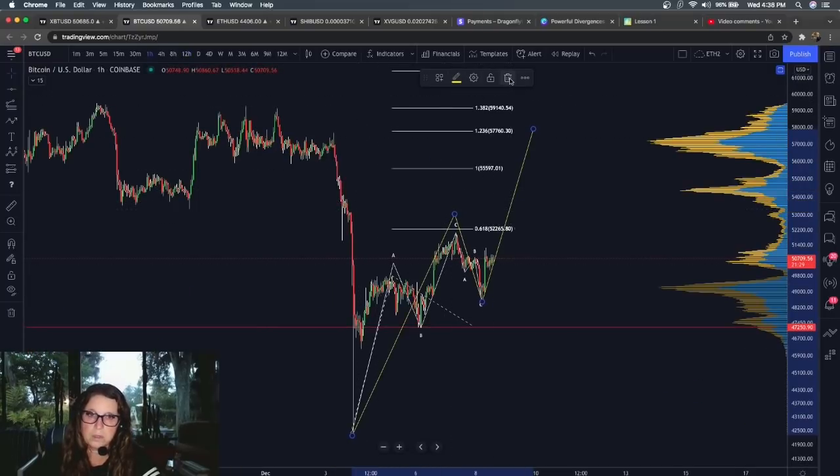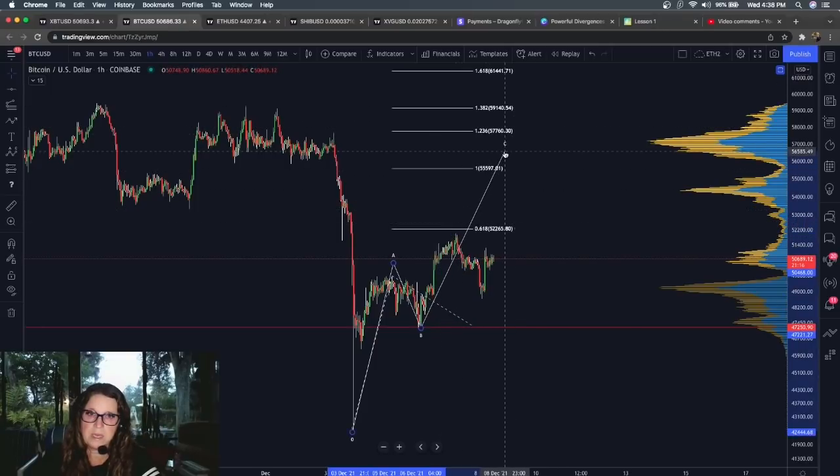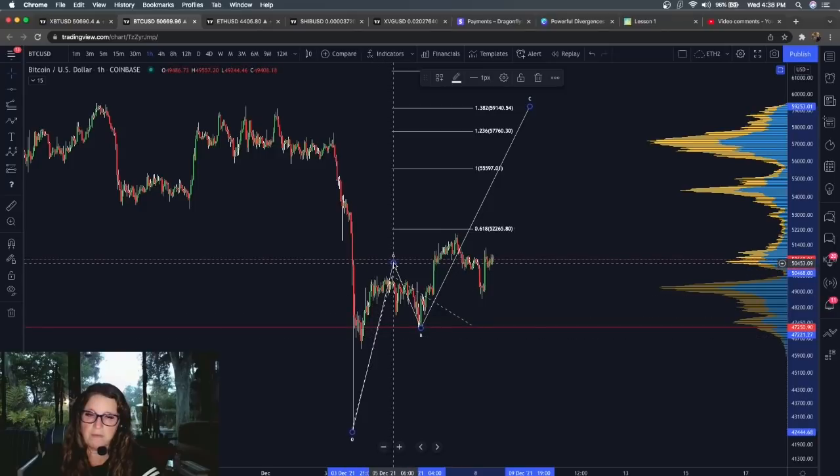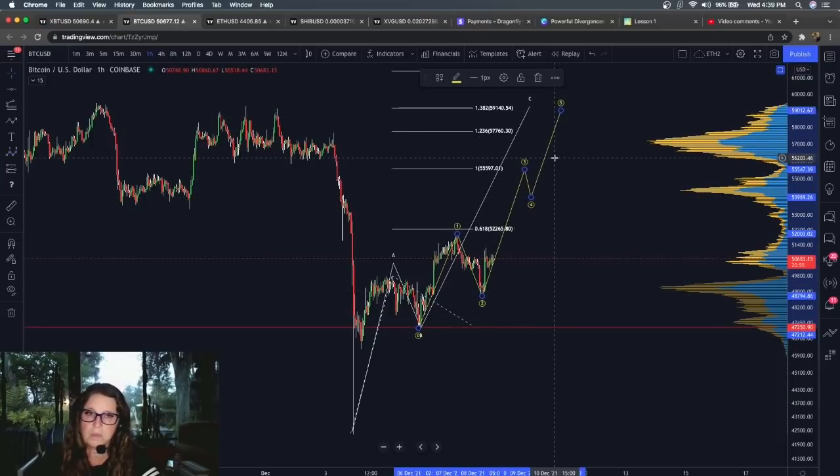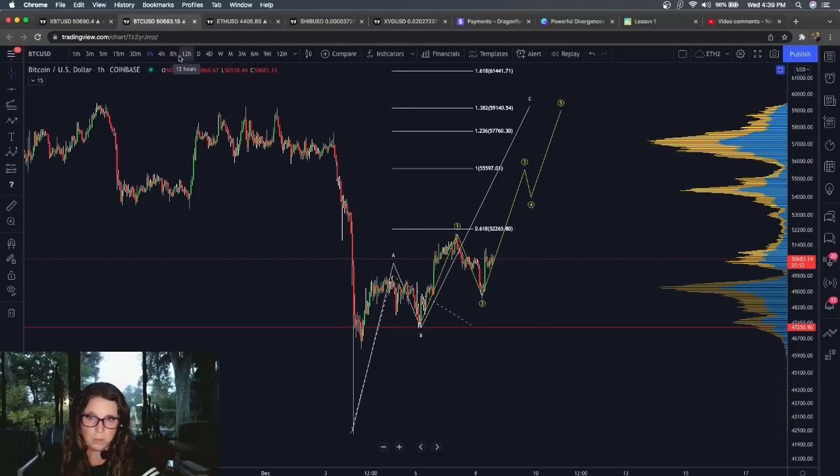What else? What else could happen here? And this is the last one, I believe. Is that we're making an ABC and the C is just going to get bigger. Where this was an A wave of 5 waves. This was a B. And now inside of here, we have a 1 and a 2. We're going to get a 3, a 4, and a 5. And it's going to be an ABC, which will be